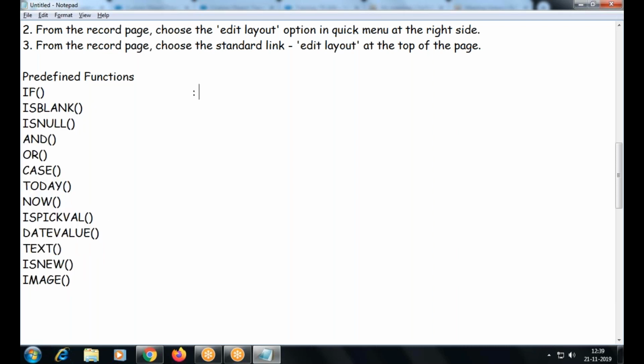So any idea what is if? Yeah, if is going to have a condition, value if true, value if false. If the condition is true, then the second argument will be returned, else the third argument.